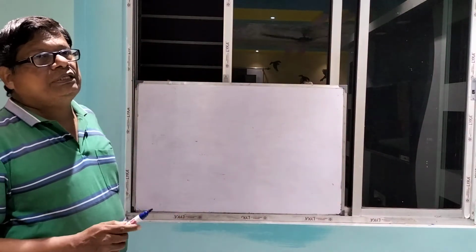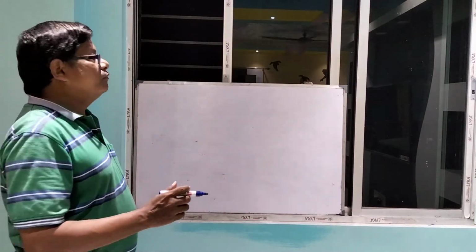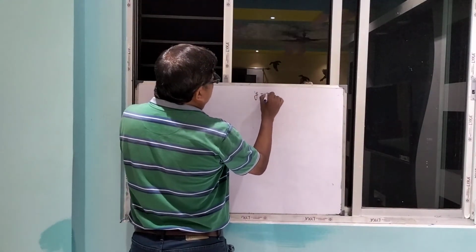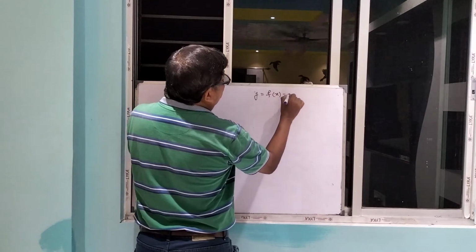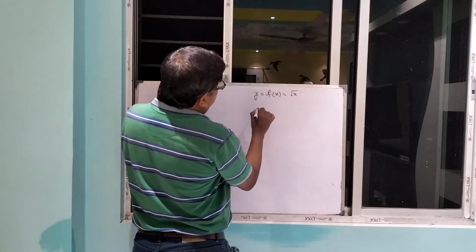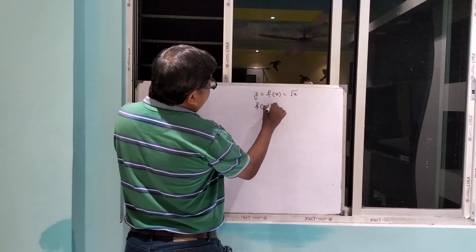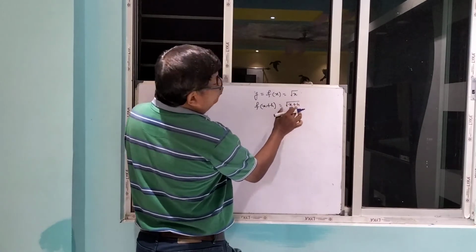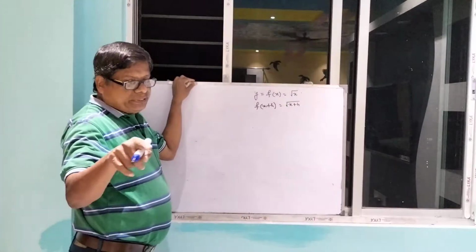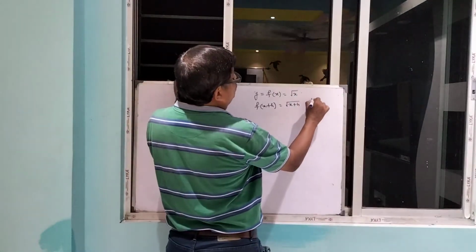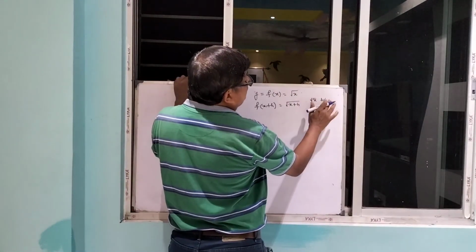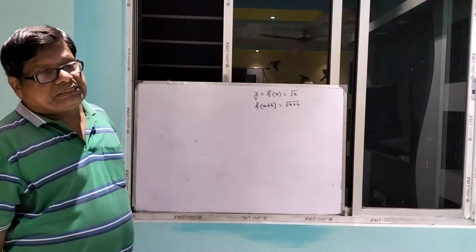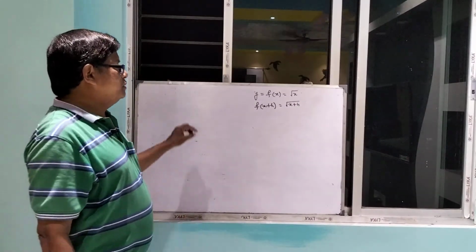Suppose y equals f of x equals root x. Write f of x plus h as root of x plus h, with the whole root over x plus h. If you write it as root x plus h like that, that is wrong. Don't write it that way. So f of x plus h is root of x plus h.